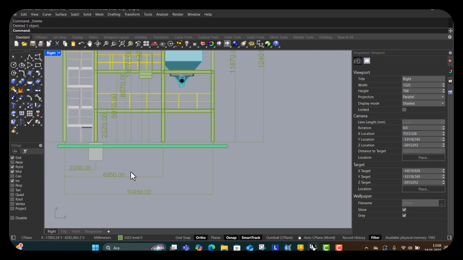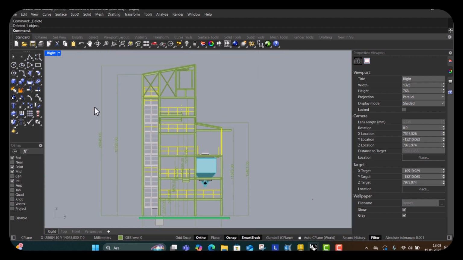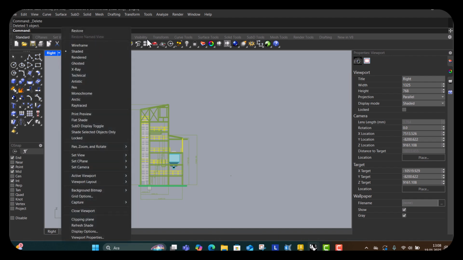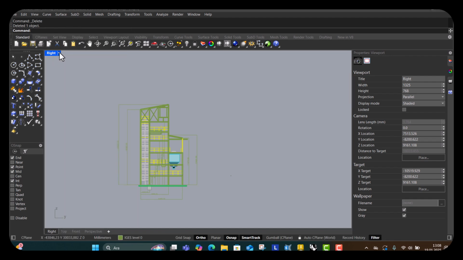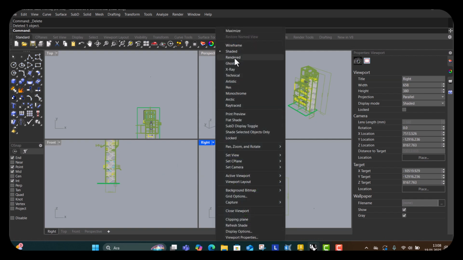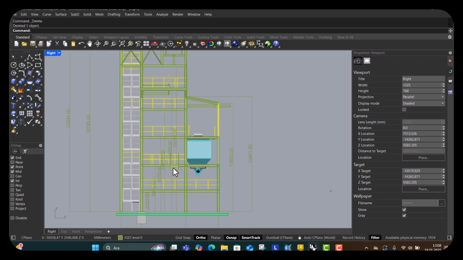I made all of the measurements before: all X, Y and Z are here. I made all of them,